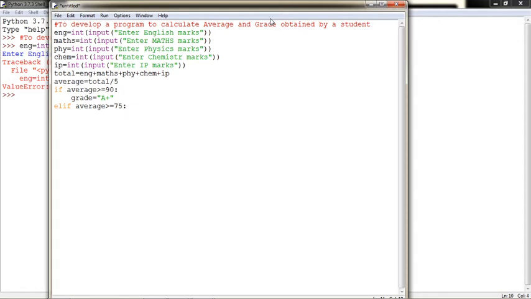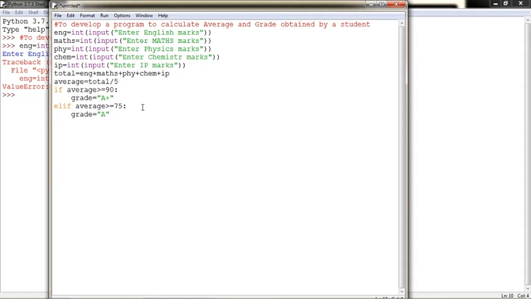So it is automatically understood we are going to check from 75 to 90, because above 90 is calculating grade A plus. If you are writing average greater than equal to 75, that means we are checking 75 to 90 in this range. So you do not need to use and. You will write grade equal to A.